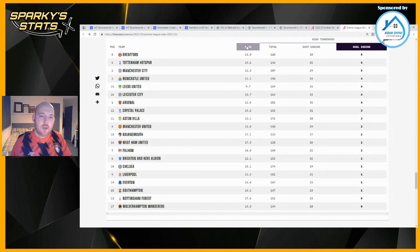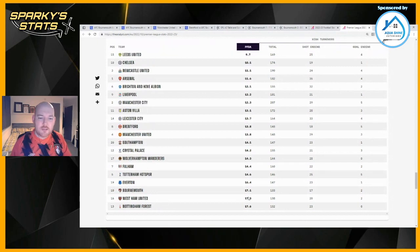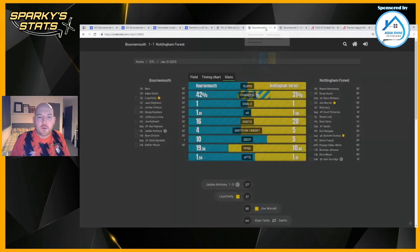But in order to maintain this low pressing style, you need to be having a very good counter-attacking game. And in order to make the most of that, you need players that can actually enact that strategy. And to back up that even further as to how much of an impact the pressing has had on the games recently and other successful games,